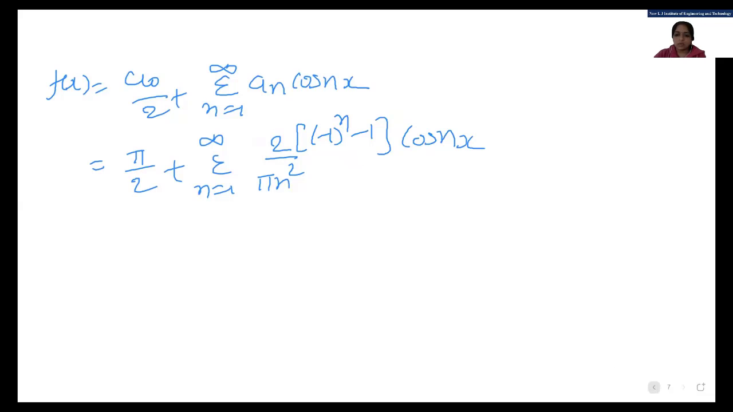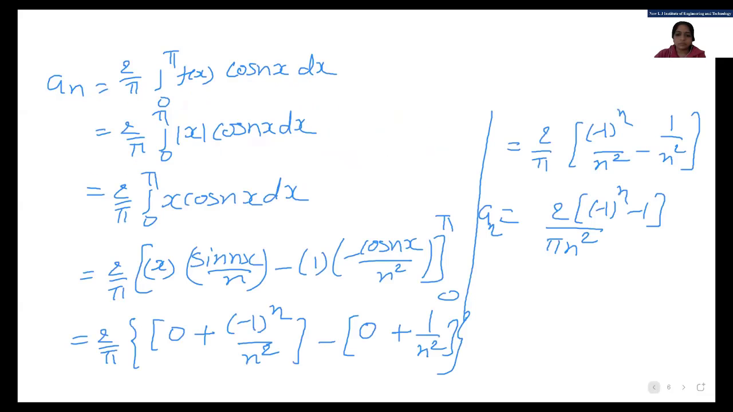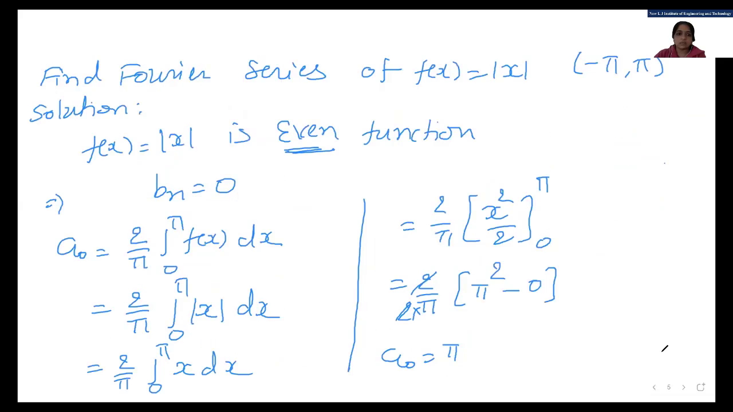Okay. If they ask deduce pi square by 8 is equal to 1 upon 1 square plus 1 upon 2 square plus 1 upon 3 square. So 1 upon 1 square, 1 upon 3 square, 1 upon 5 square, like that. Okay, if they ask,